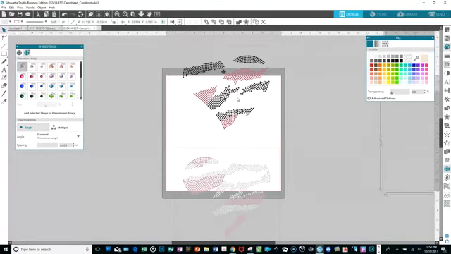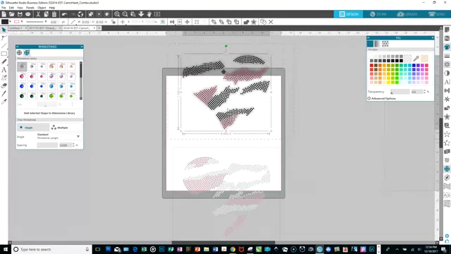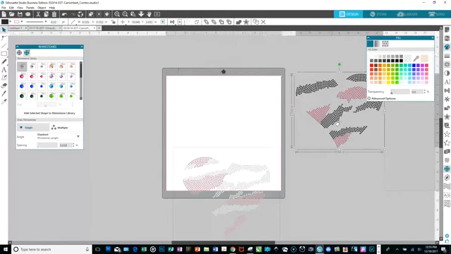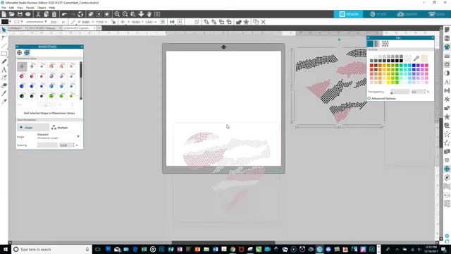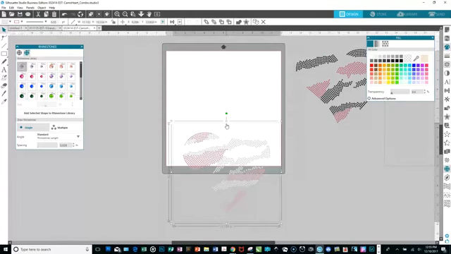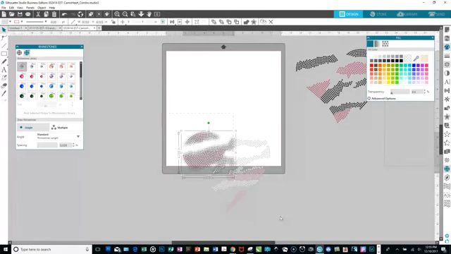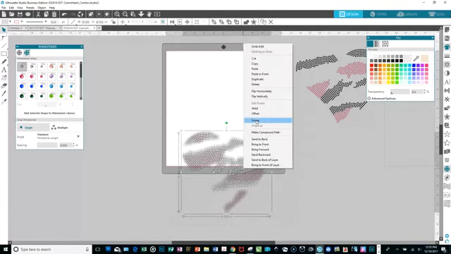I'm going to move that square out of my way and highlight all of these and just group them. And this is like one layer, and I forgot it grouped all of this down here at the bottom. So I'm doing the same thing to it,